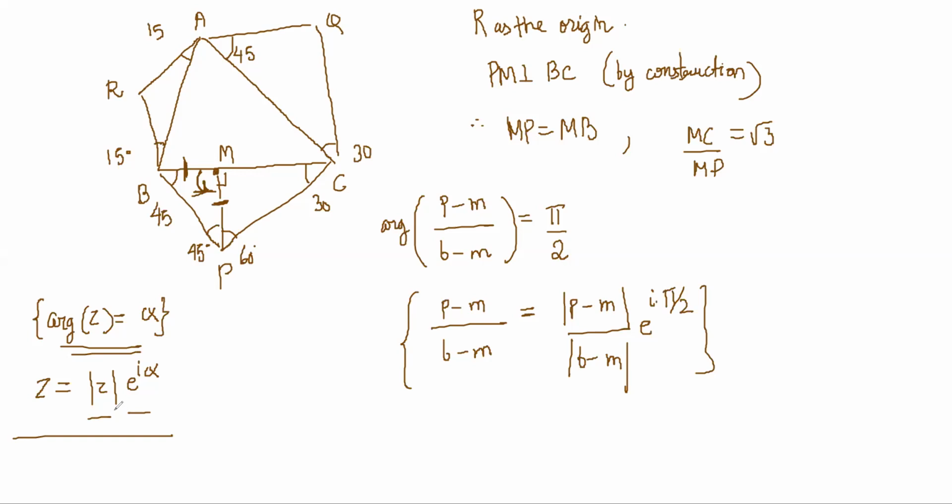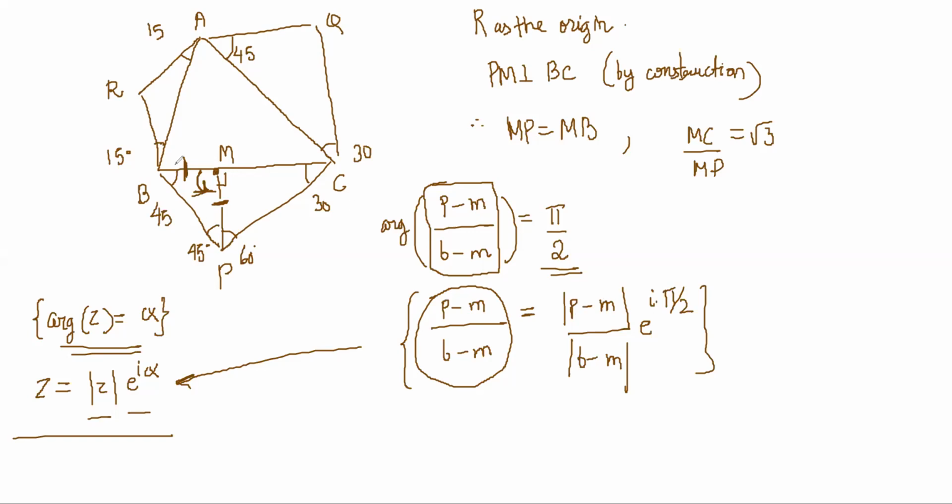Correct? So what I have done here is the same. Think of Z as this complicated complex number, right? So argument of that is known to be pi by 2 because I know this angle 90 degree, right? So then that complicated complex number can be written as modulus of it into e power I pi by 2 by using this logic. Everyone should understand this step because this step is very crucial. Even if you know the angle, you have to write the complex number like this.